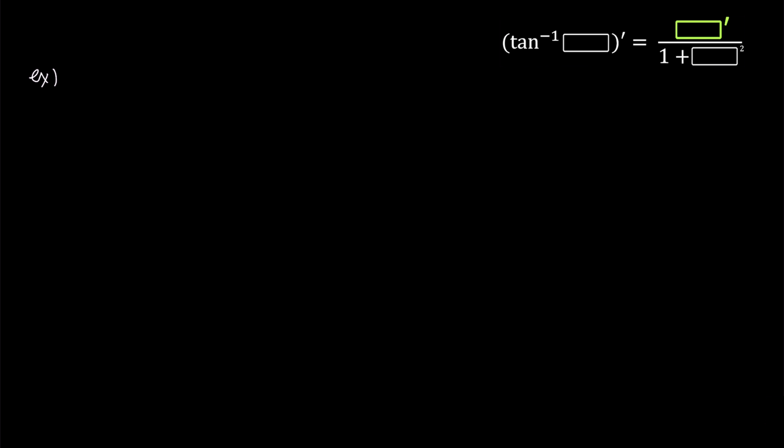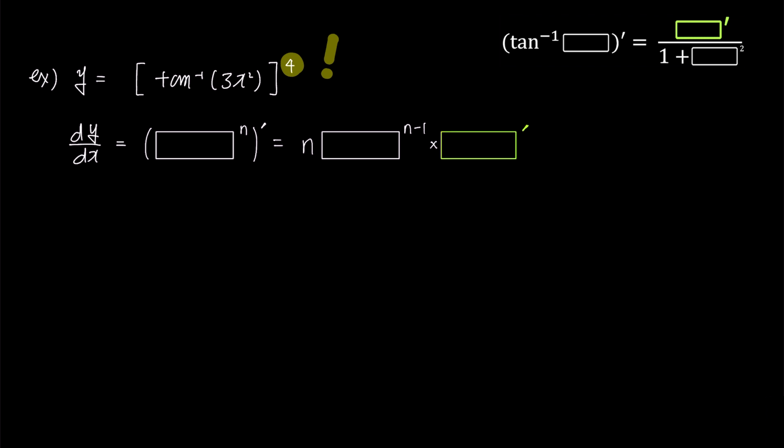The final example for today is inverse tangent of 3x squared, to the power 4. Can you see the exponent 4 in the problem? As I always emphasize, when dealing with a differentiation problem involving an exponent, we need to apply the formula shown on the screen to differentiate the outermost exponent first. It is similar to the power rule you are familiar with, but you might notice the difference with the presence of the green box prime at the end. You can refer to the linked resource in the upper right corner for more detailed explanation and examples related to this formula.